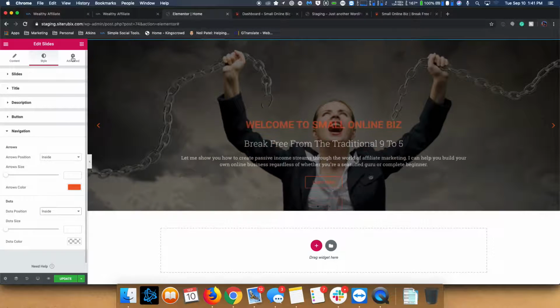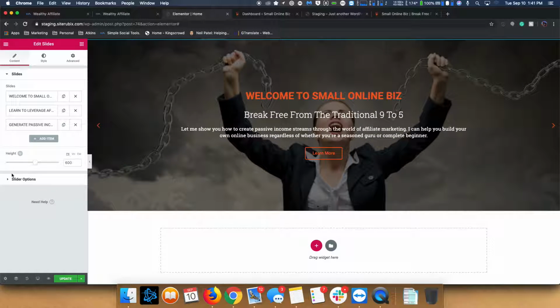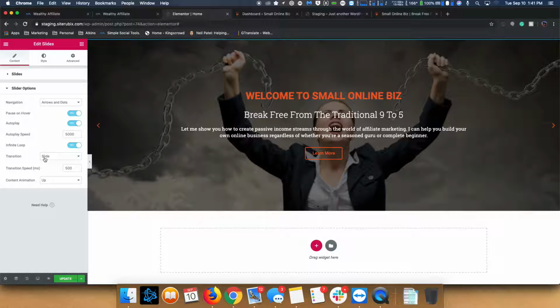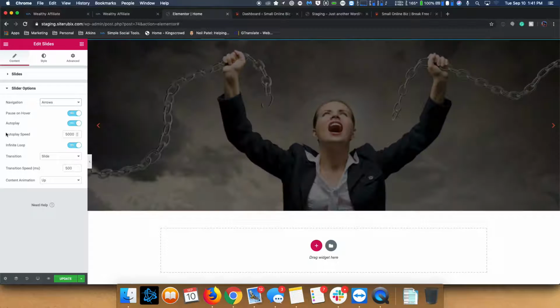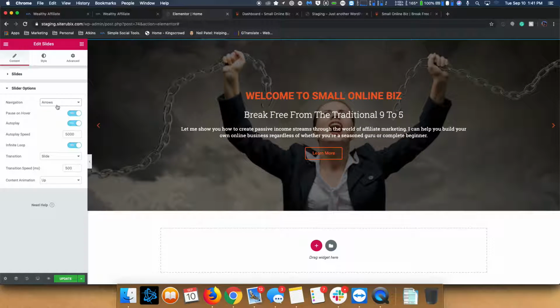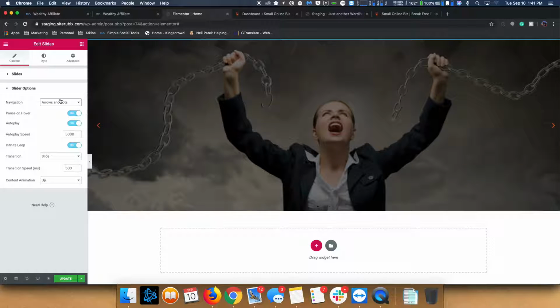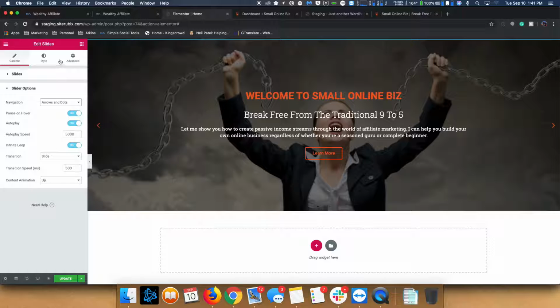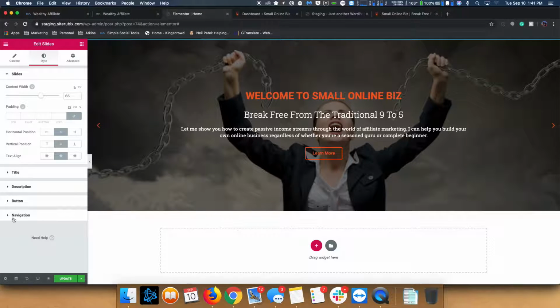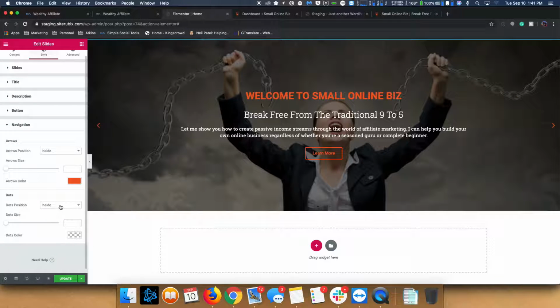You can turn them off actually. If you go to content, slider options, you can just do just the arrows, right? And just get rid of the dots altogether, which technically is what I would probably do since I'm going to do that overlap, but for all intents and purposes, we'll just go ahead and leave that for now. Let me go back to style, navigation. So you can also change the dot color, right? F15D28. So they're orange,